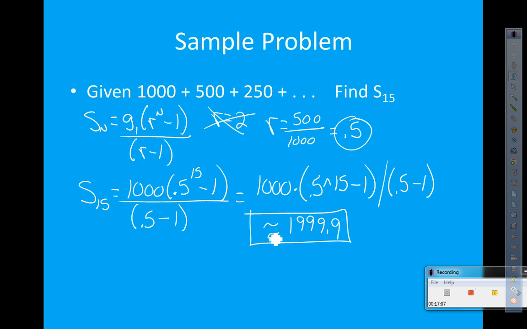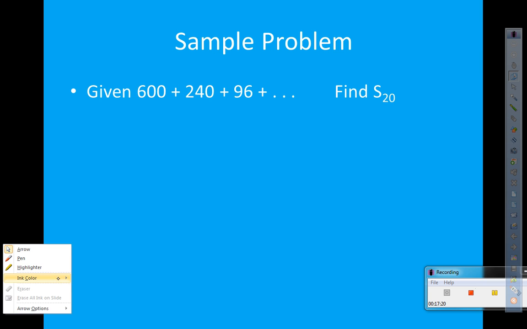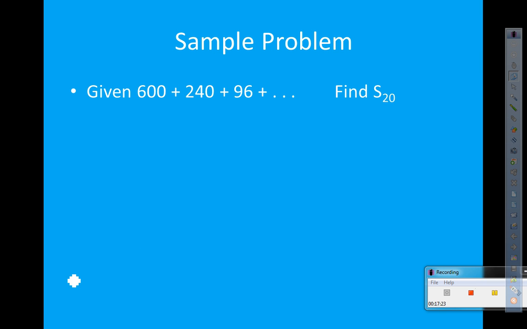I've got 3 more. I'll click through. All depends on how much you feel you need, but I'm going to pick the pace up on these last 3. So now it's going to look like this. We'd like to sum up these first 20 terms. So the sum of these first 20 terms is